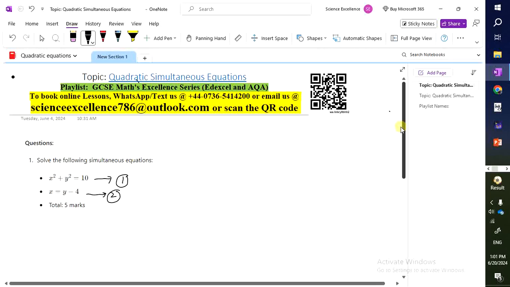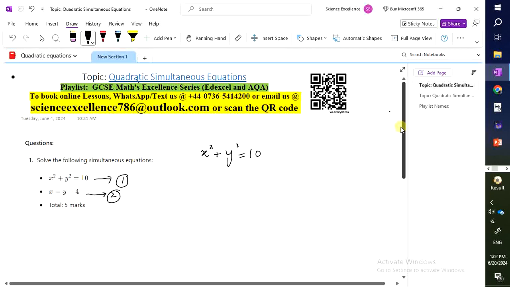In the second equation, x is the subject in terms of y, so we can substitute the value of x over here, then we'll have a quadratic equation in terms of y, and we can solve that quadratic equation to get the roots of y. Then we can substitute those values of y into equation number 2 to get the values of x. So the first equation is x squared plus y squared equals 10,